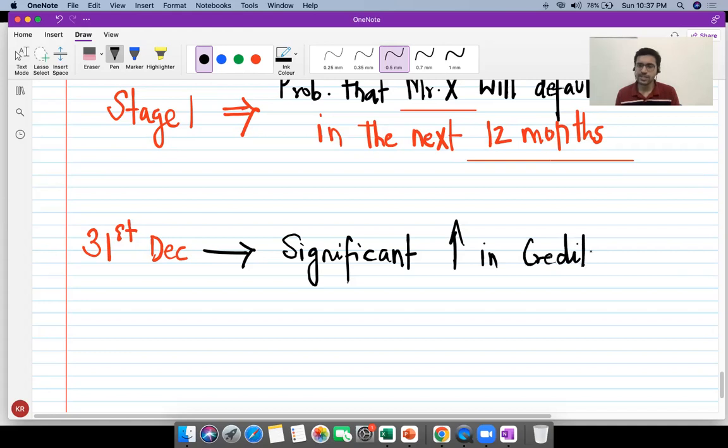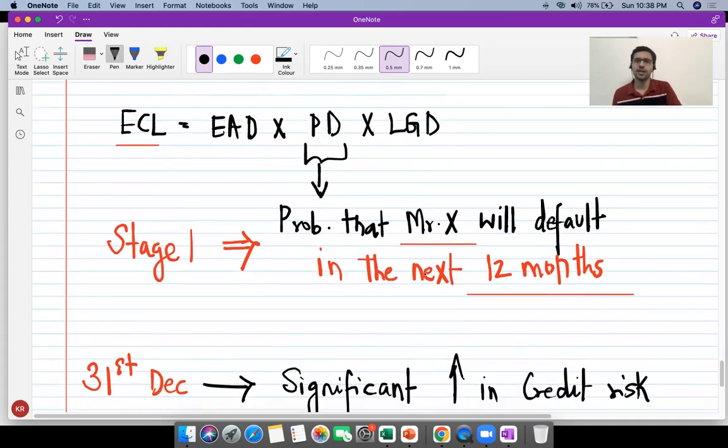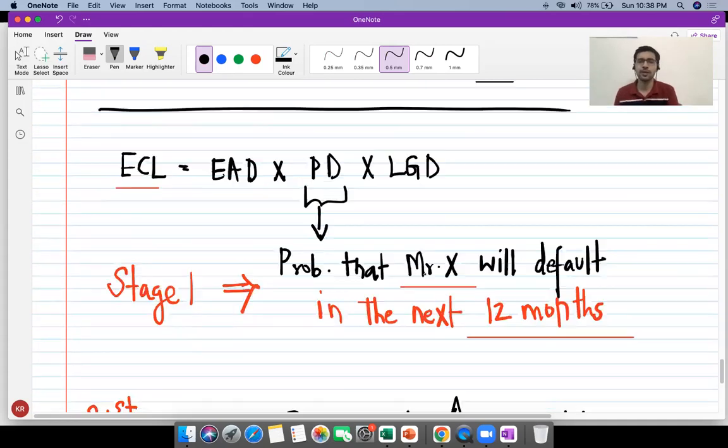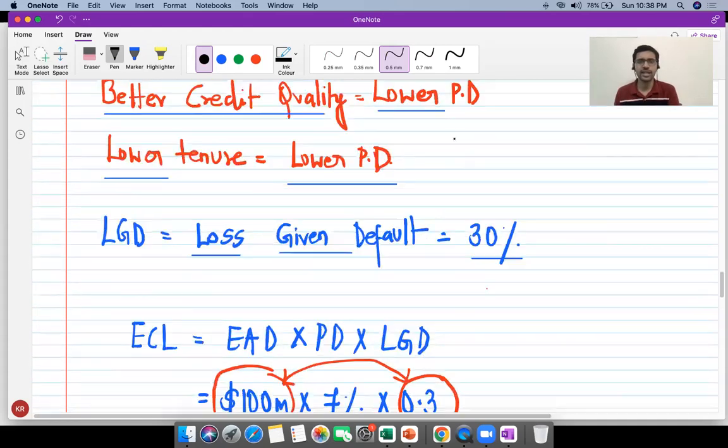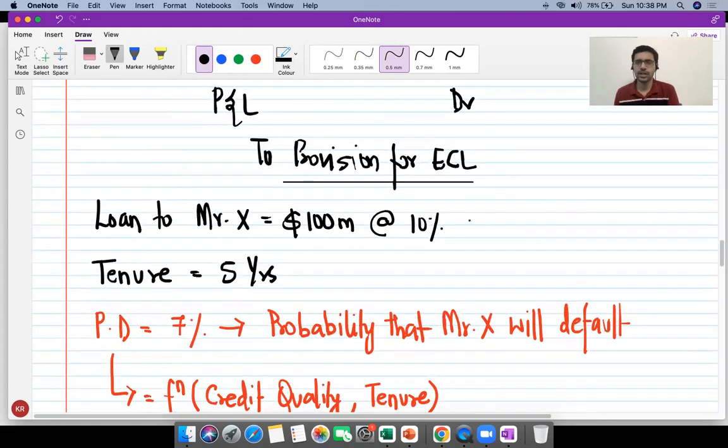All right, obviously, this increase in credit risk, maybe you're thinking that it's a little qualitative or little theoretical. I will give you instances of how you can actually see whether there's been a substantial or a significant increase in credit risk. All right, say for example, hypothetically, I'm just giving you an example. On day 1, when I gave this $100 million loan to Mr. X,